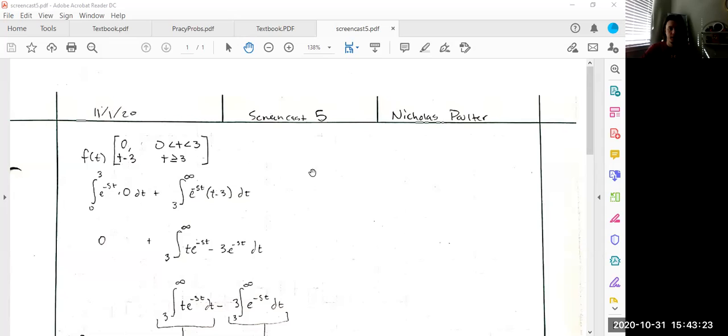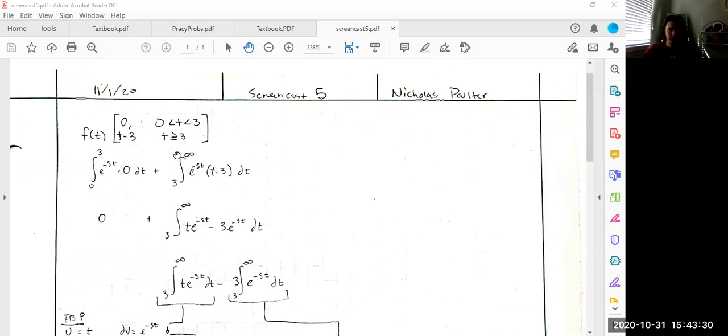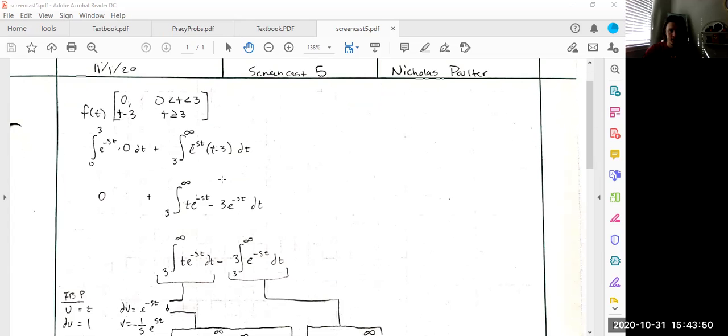The initial problem given was the bracketed 0 for t between 0 and 3, and then t minus 3 with t being greater than or equal to 3. From this, you can set up just a simple integral using the kernel, 0 to 3 e to the negative st. However, when plugging in the first part of the function, 0, it makes the entire integral 0, canceling it out, simplifies it. For the second one, when plugging in t equals 3, it actually separates into two different integrals,